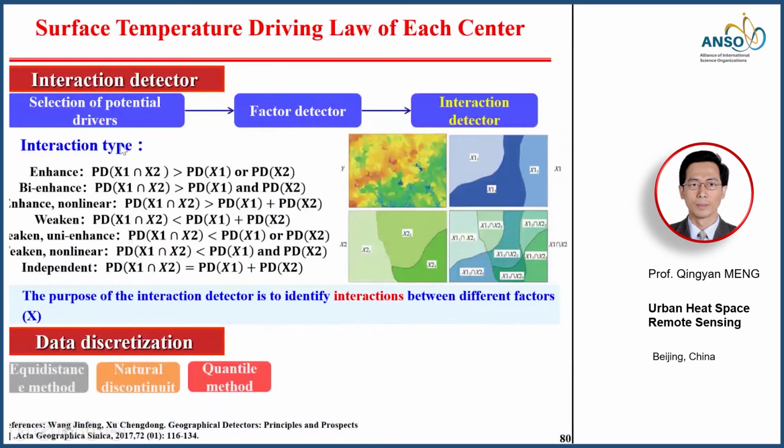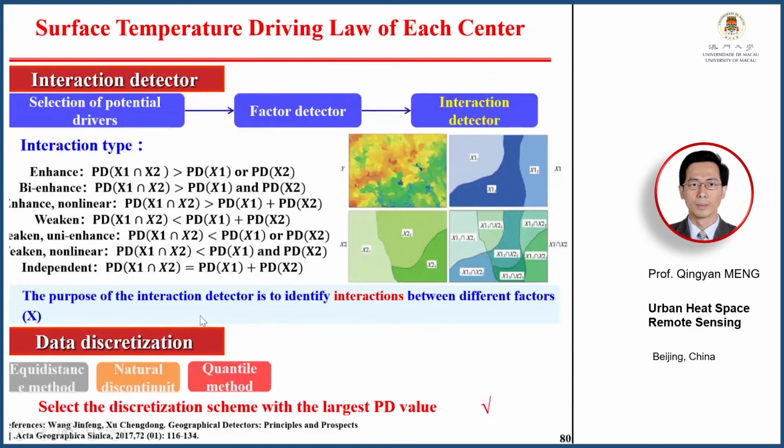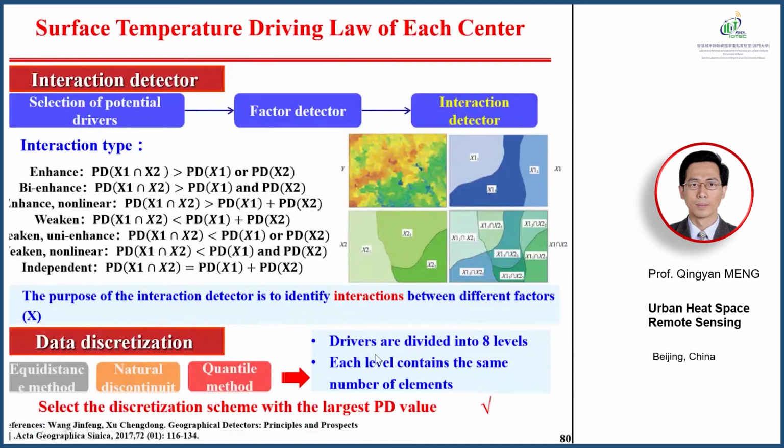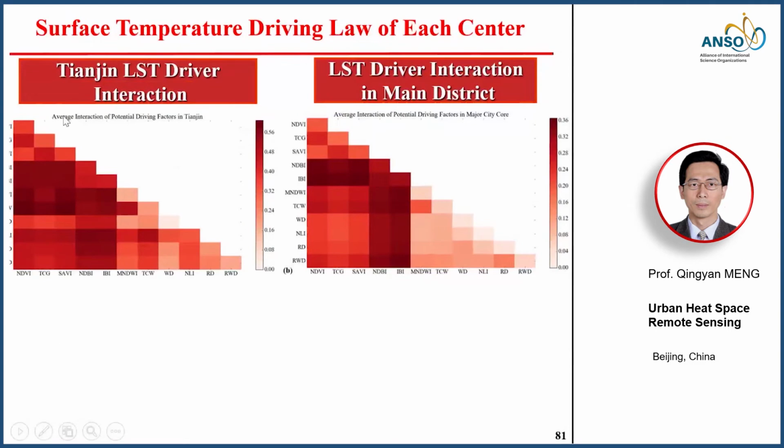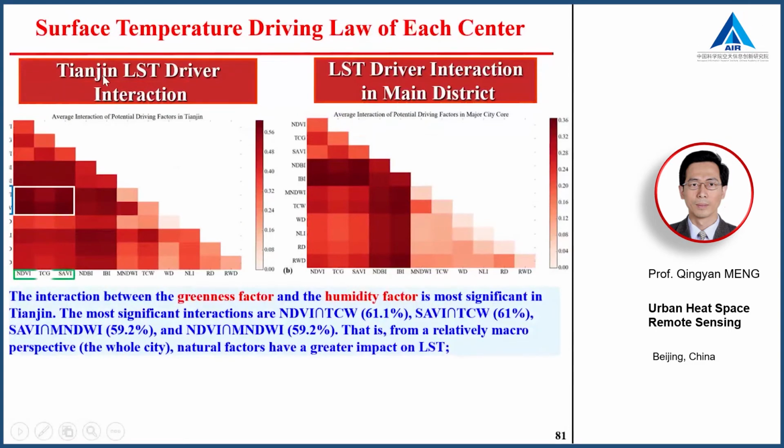We selected the potential drivers and studied the interaction using the interaction detector, and there are some interaction types: enhance each other, enhance non-linear, weaken, and so on. We selected the discretization scheme with the largest PD value. The drivers are divided into 8 levels, and each level contains the same number of elements, and we studied the interaction. For example, this is the Tianjin